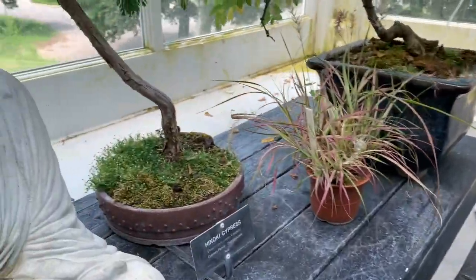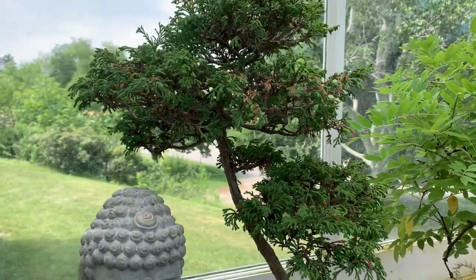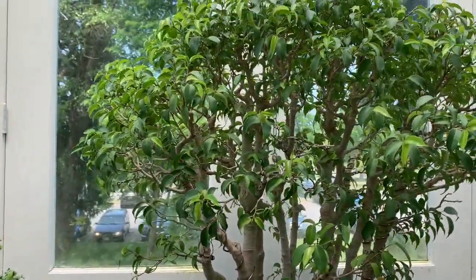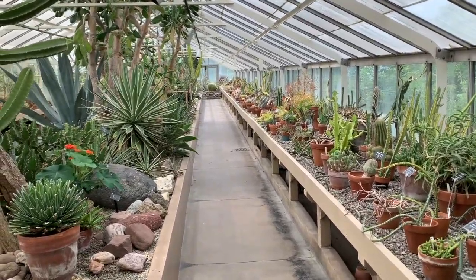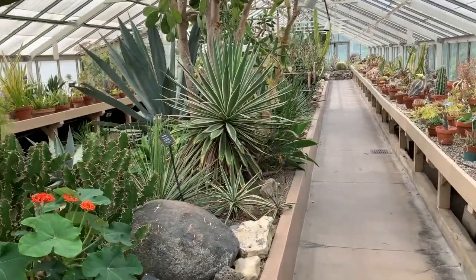I think the cypress was one. Yep, this is the cypress right here. But it's just amazing to see how you can form a normal plant that we may see every day into a bonsai shape. Right here is our cactus room, and let me tell you, it got real hot real quick